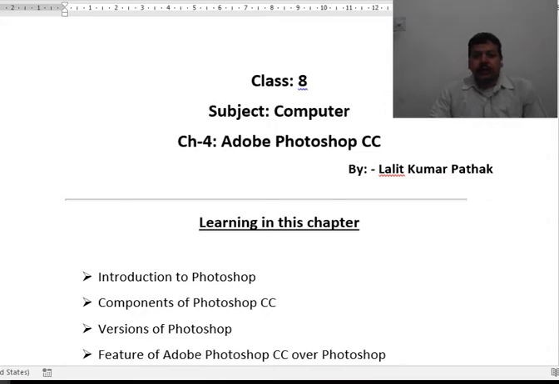Today I am going to explain about the topic Adobe Photoshop CC. As you know, Photoshop is a photo editing application which is developed by Adobe Systems.